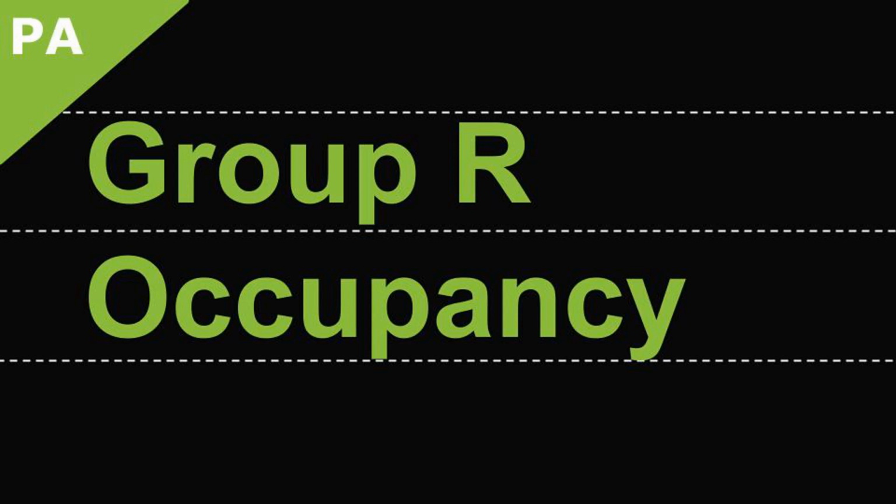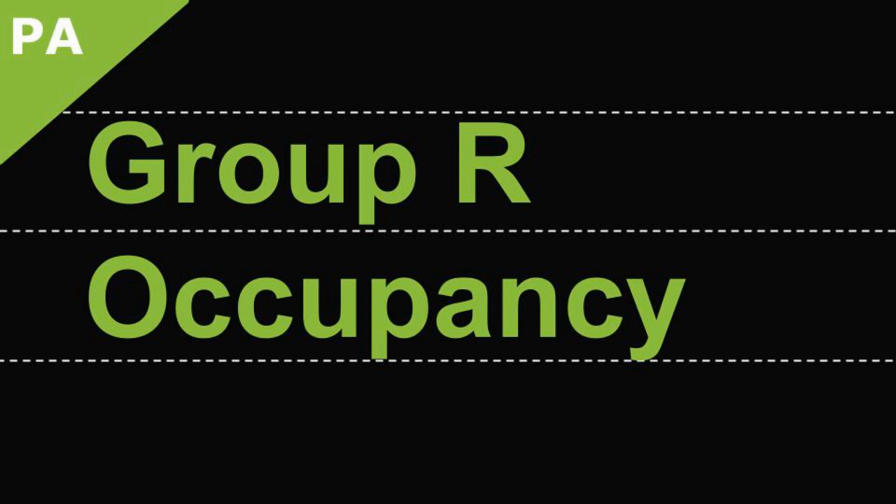Group R Occupancy. Group R occupancy has 4 occupancy types. Group R1 is for residential for transient lodging, such as hotels and motels. Group R2 is for residential with 3 or more units, such as apartments,